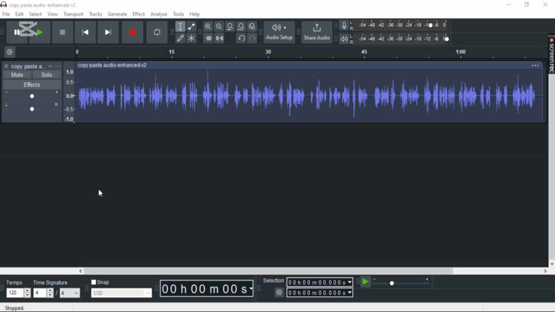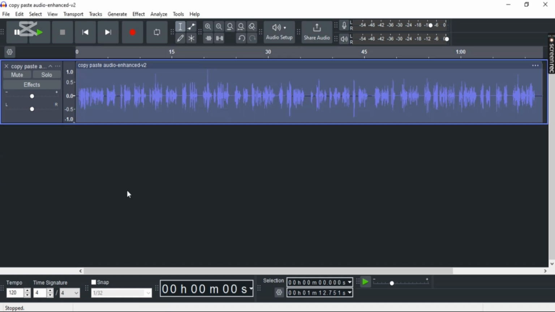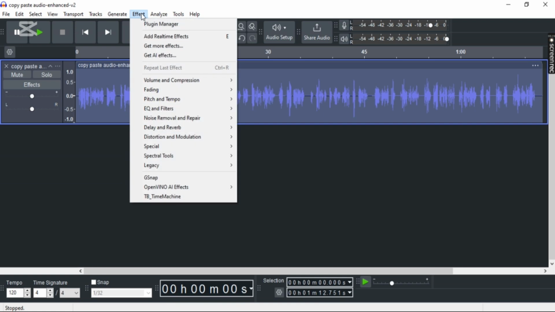So first off, launch Audacity and import any audio that you like. Now double click on the audio to select the entire part of the audio. Now navigate towards effects and then go to delay and reverb and then click on delay, that is on the